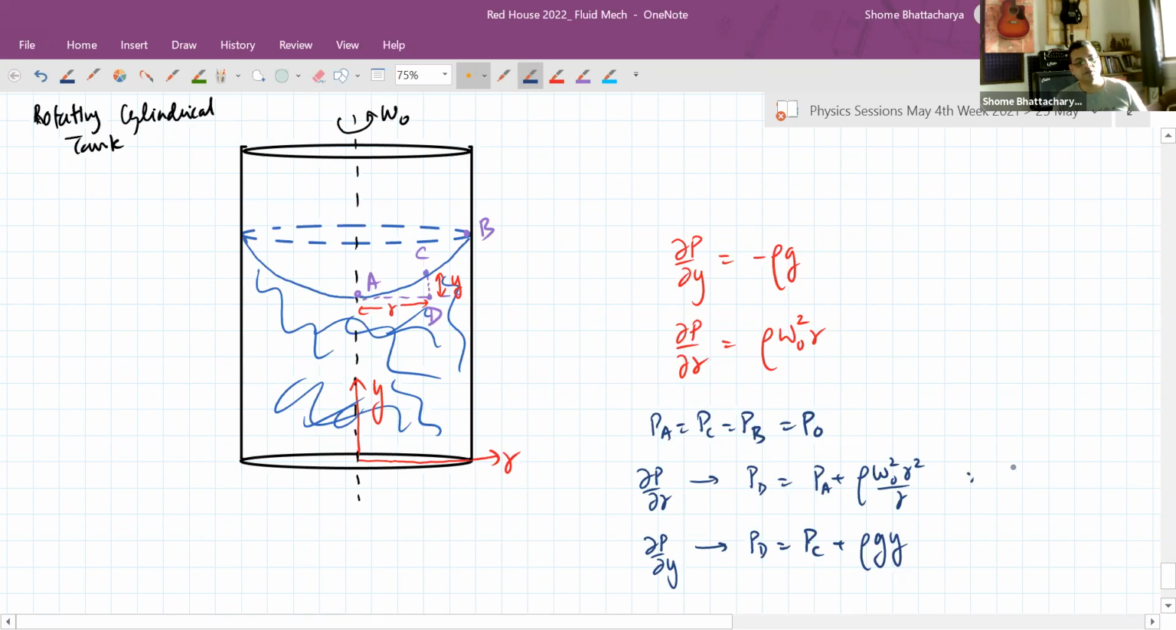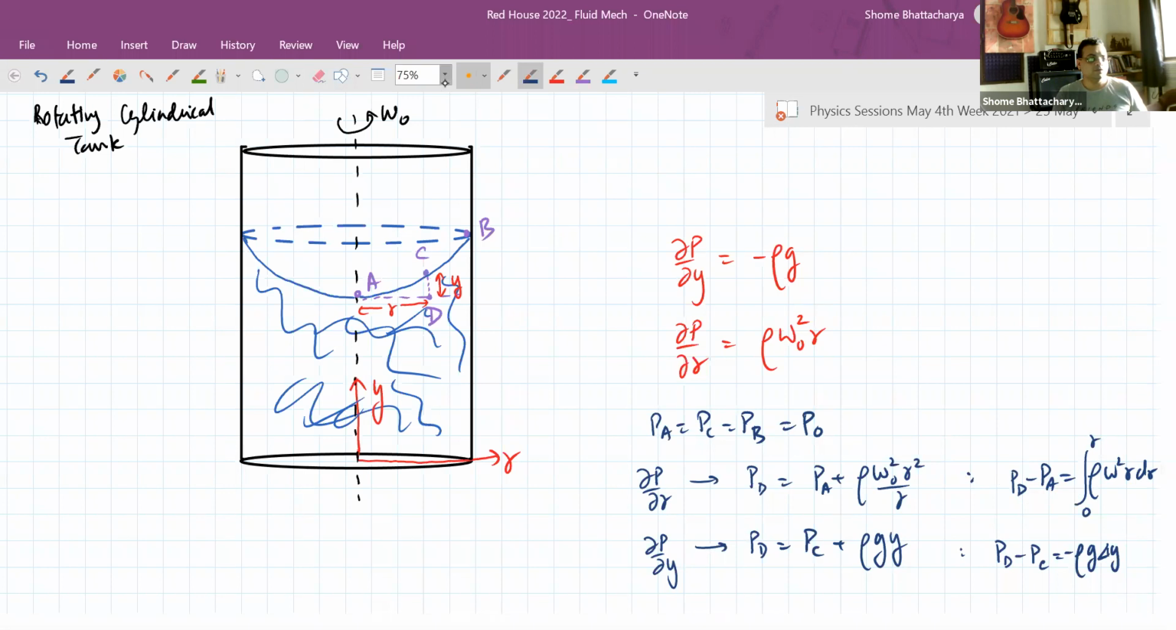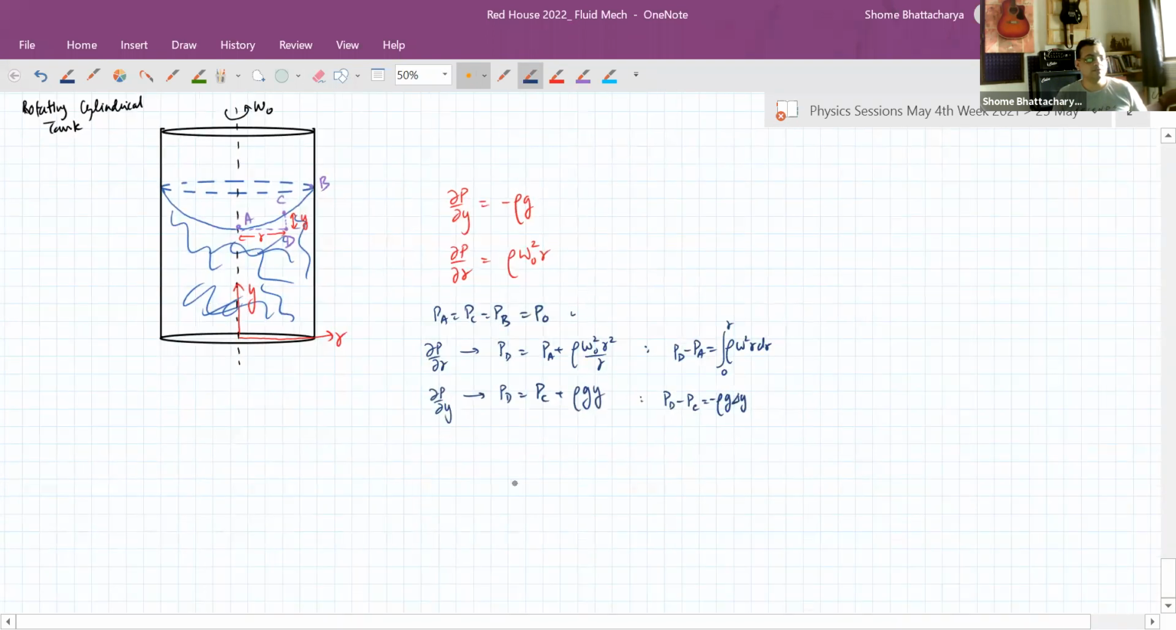So this basically comes from PC minus PA is rho omega square r dr integrated from 0 to r. And this just comes from the fact that, again, I made a mistake, it's PD minus PA. Anyhow, using this, we get these two relations. So from the two relations, using the fact that these pressures are the same, equation 1 and equation 2 can be solved to show that